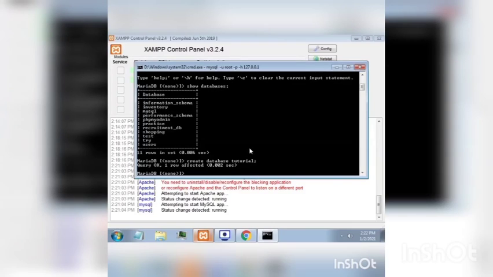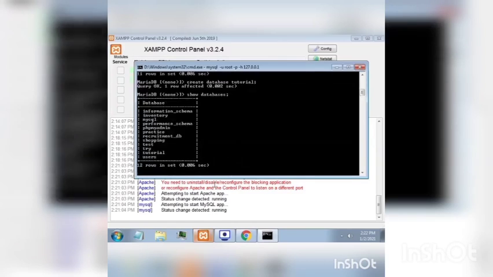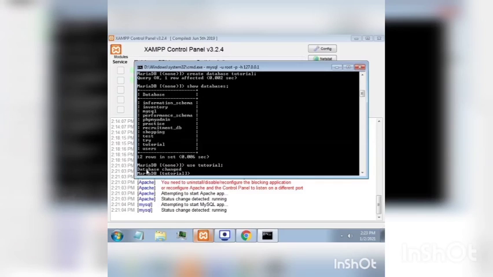Okay, so let's see the databases. We'll see the database that we created. Type use tutorial. We'll see the database changed.